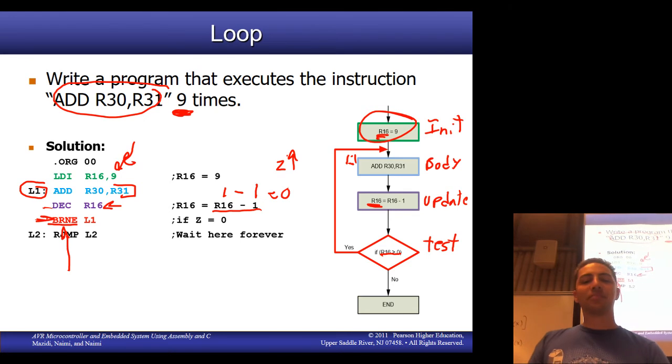Okay. So again, it's just initializer, body, update, test. You guys think that you could write something that would do something in a loop? Abe, what is